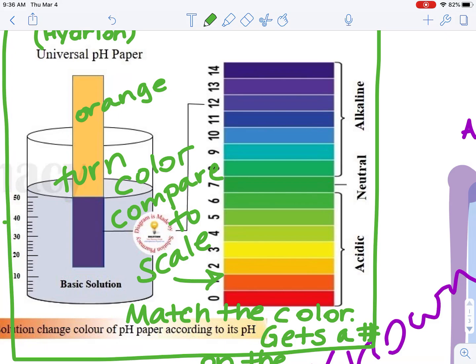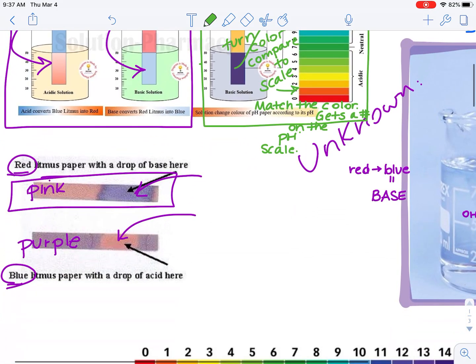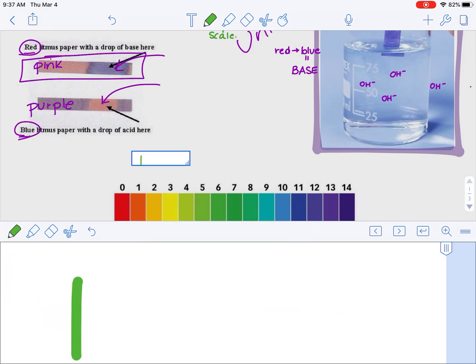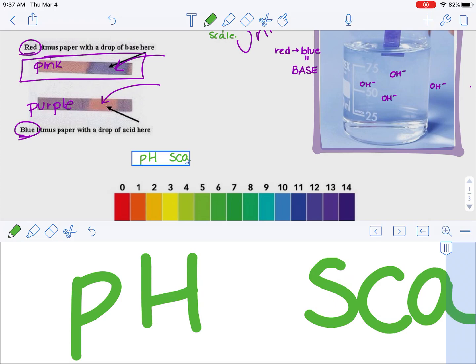Looking at this particular illustration, the orange paper turned kind of navy bluish. In real life, you'd be able to take that piece of paper and literally hold it up to the different color squares or rectangles on the scale so that you're able to get the best match possible. Eyeballing it though, it looks somewhere up here in like the 13 or 14 range. I think the 12 is just a little too light. So you would match the color of the pH paper to the scale that comes with the packaging, and then you get a number. And that number is going to correspond to numbers on the pH scale,